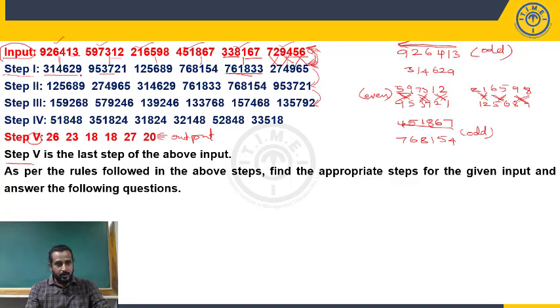314629, do you have this number? Yes, I have 314629. 953721, do you have that? Yes, 953721. 125689, yes I have 125689. 761834, yes I have. 761833, yes we have. 274965, yes we have. So all the elements that are in step 1 we have in step 2 also, but